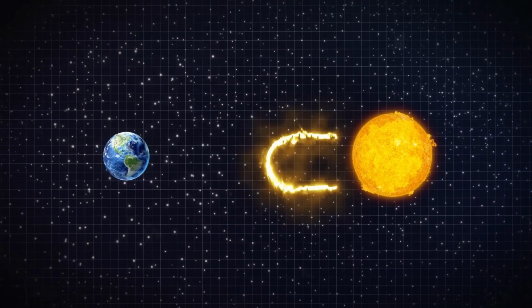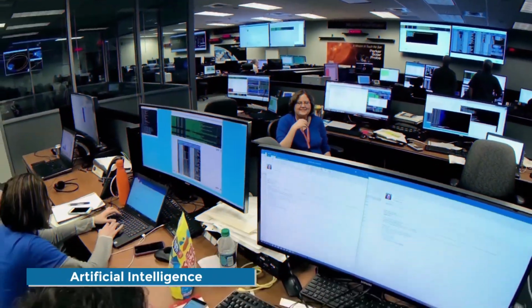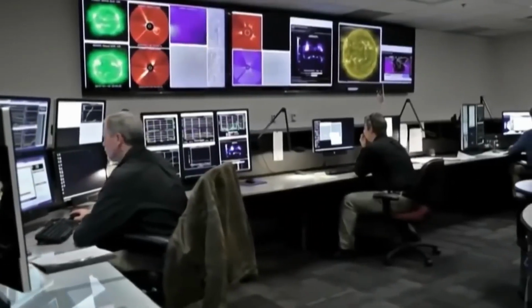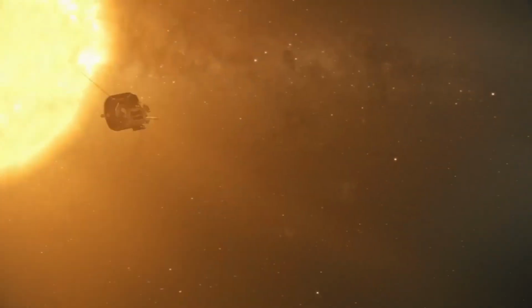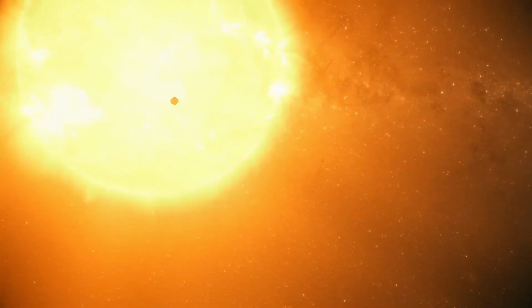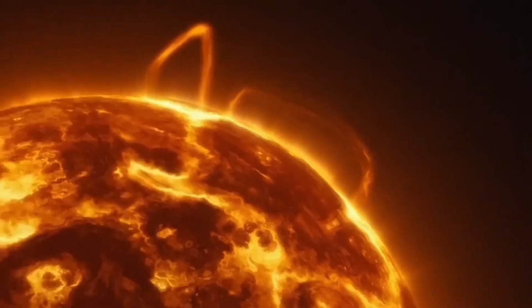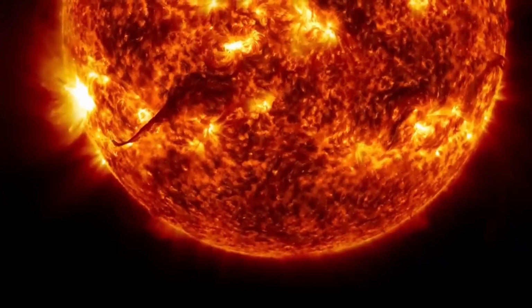The model takes advantage of AI to analyze spacecraft measurements of the solar wind and predict where an impending solar storm will strike anywhere on Earth with 30 minutes of warning. This could help us provide enough time to prepare for these storms and prevent severe impacts on our power grids